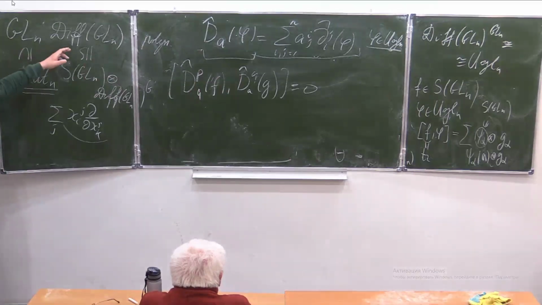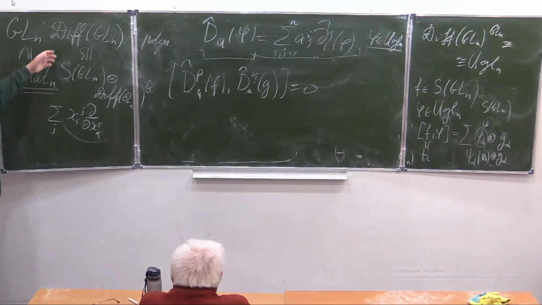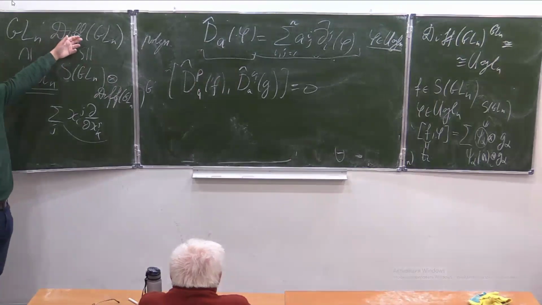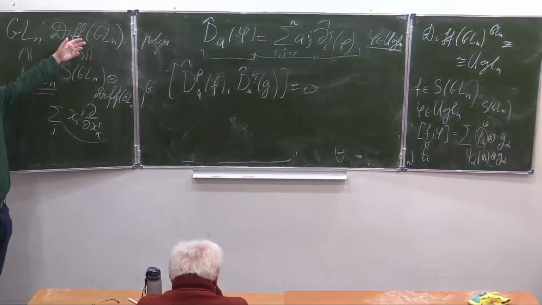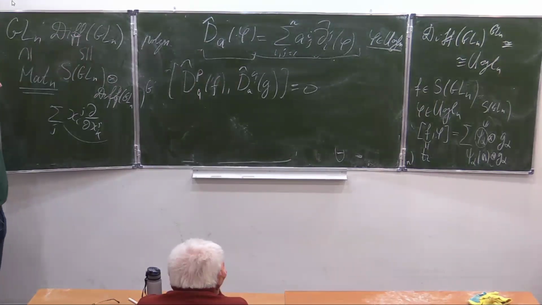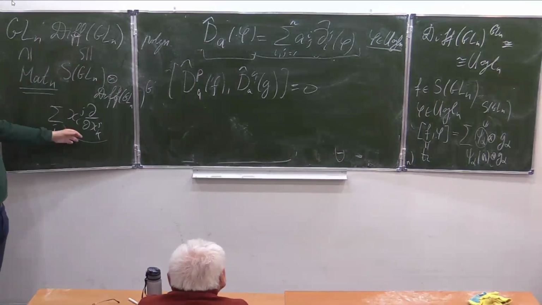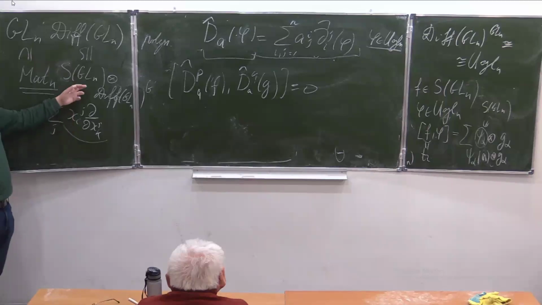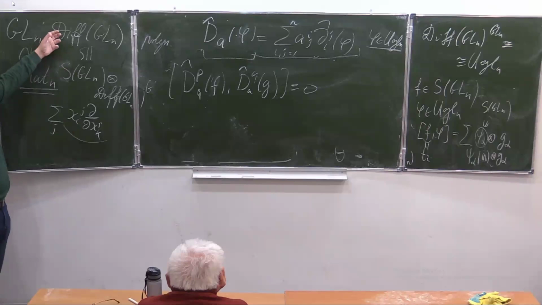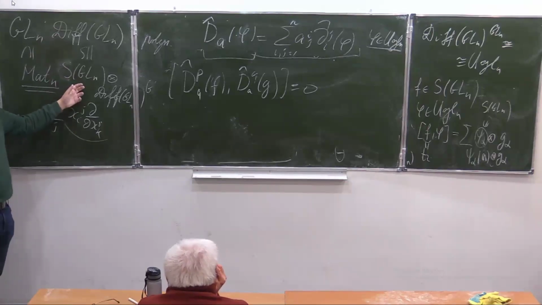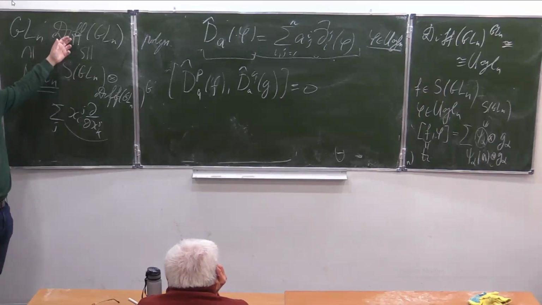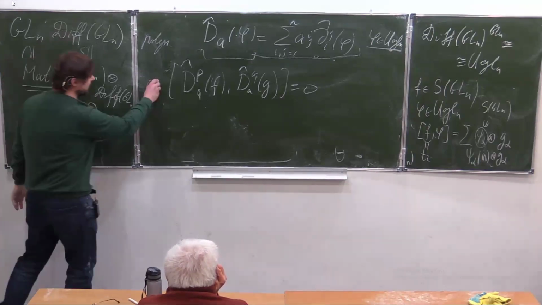You take differential operators on matrices, regard them as differential operators on the GL_N group. It's a very appropriate way to regard them. Then you can use these generators of the Lie algebra of GL_N to identify these polynomial differential operators with this tensor product. So this is equal to this, where this is the left invariant part.